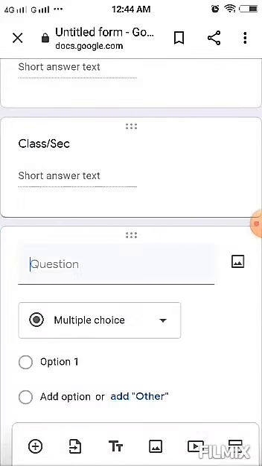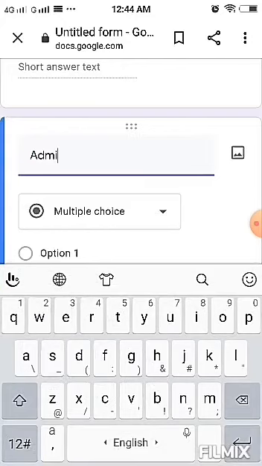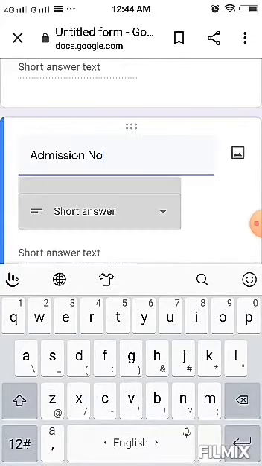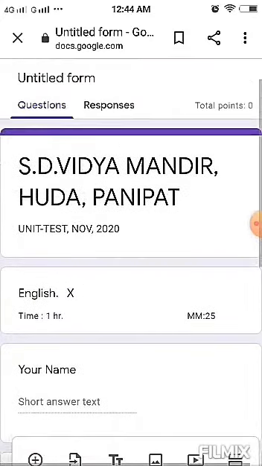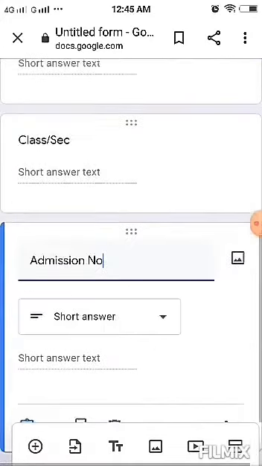Again click on the plus symbol for adding a new question. Write here admission number. Make it short answer in a similar way. Now this is how I made my first section of the paper.